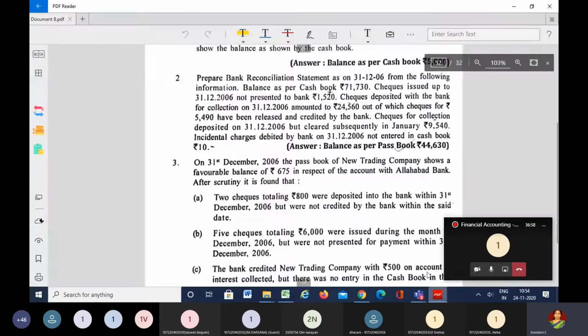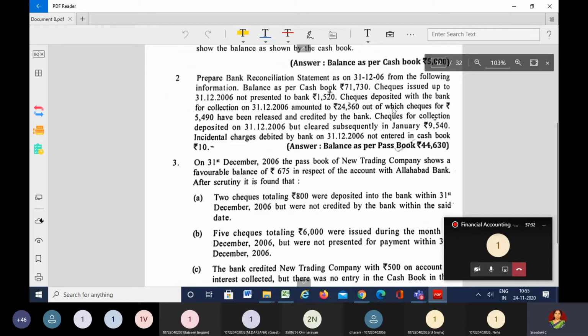Now coming to the second one, what it says: checks deposited with the bank for collection. Usually whenever you are receiving a check, that check will be deposited into the bank and the bank has to collect the money towards the check, right? And here the check is being deposited for collection on 31st of December 2006. So as on 31st of December 2006, we already deposited the check in the bank, and the amount of the check over here is